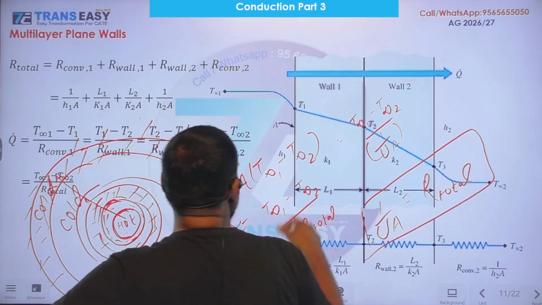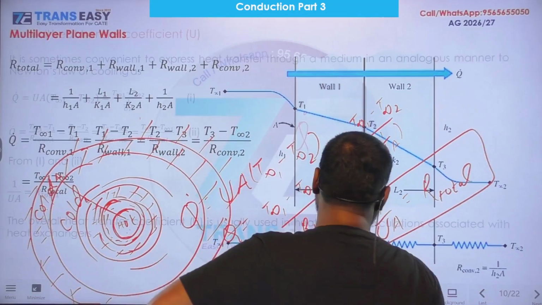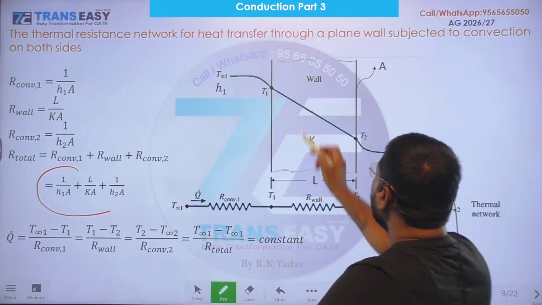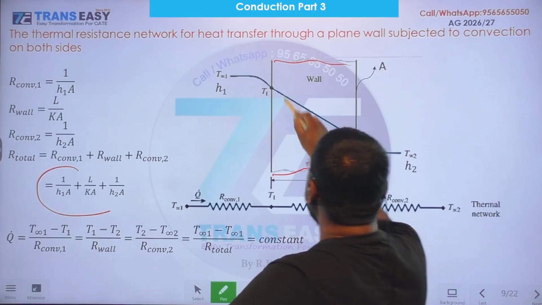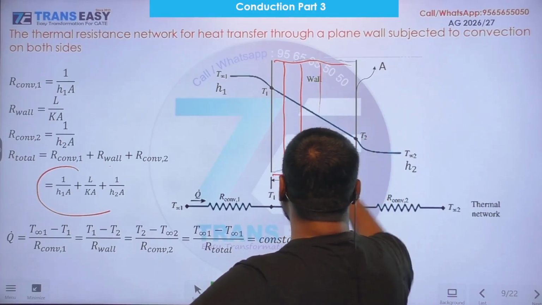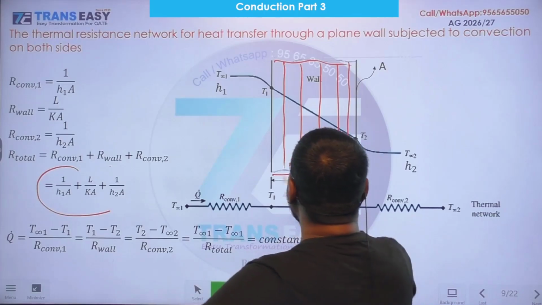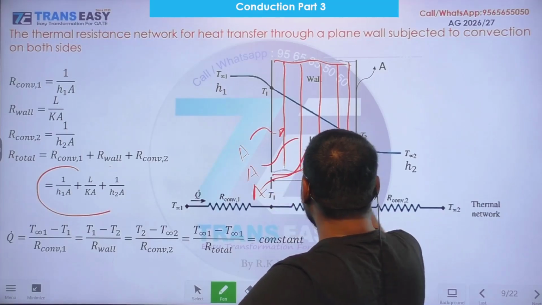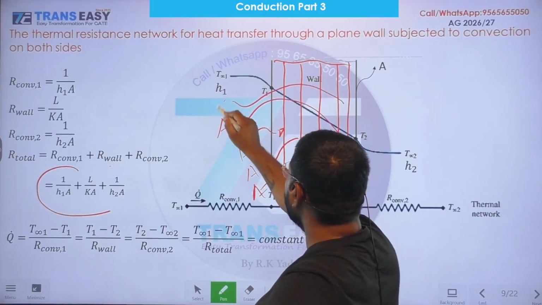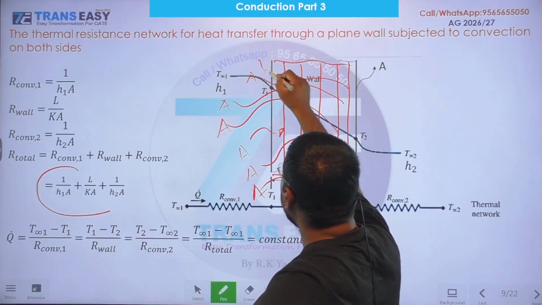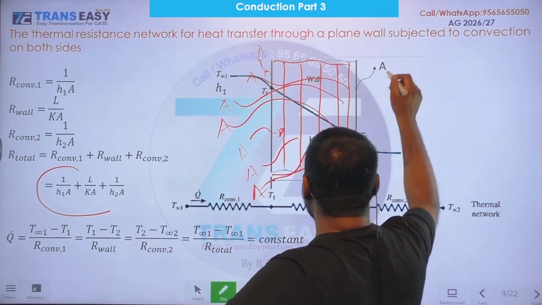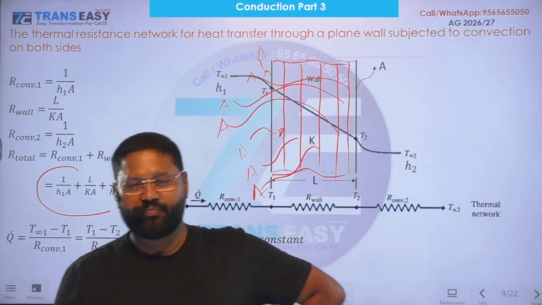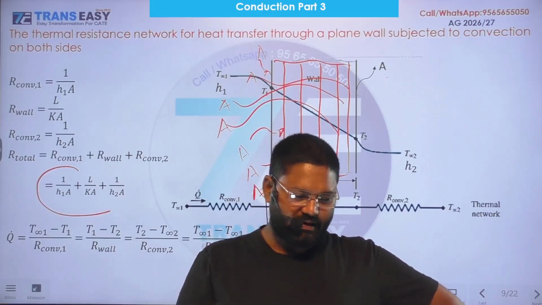But in case of plane wall, this is not happening. This is your plane wall. So in the direction of heat conduction or heat transfer, all planes have same heat transfer area. Outer A, this side A and this side also A. But this is actually not happening in the case of pipe flow. So guys, later we'll see